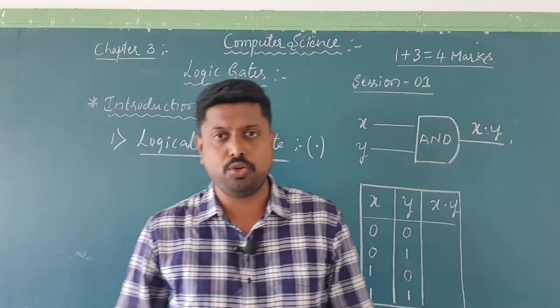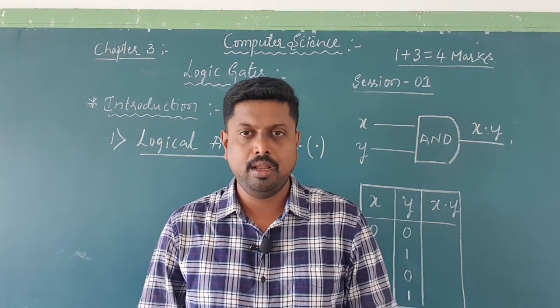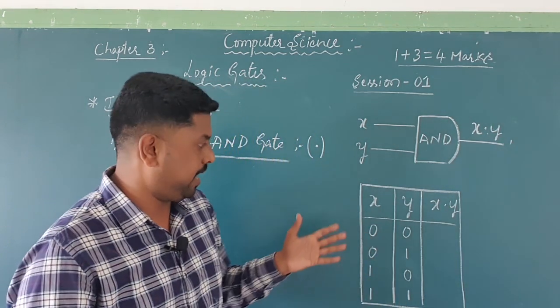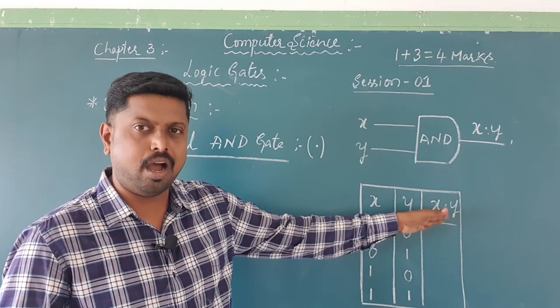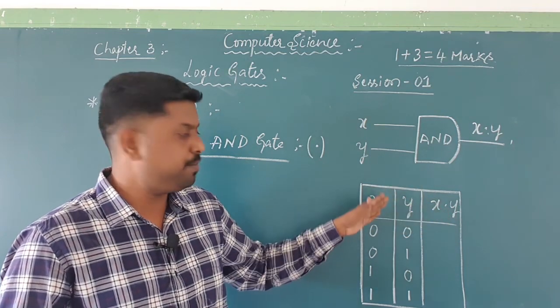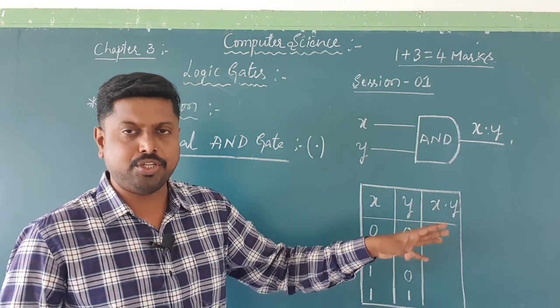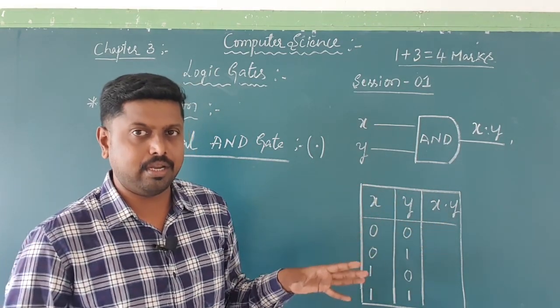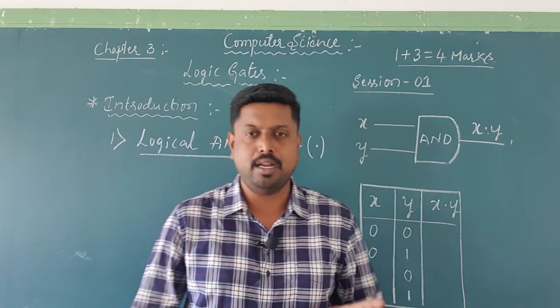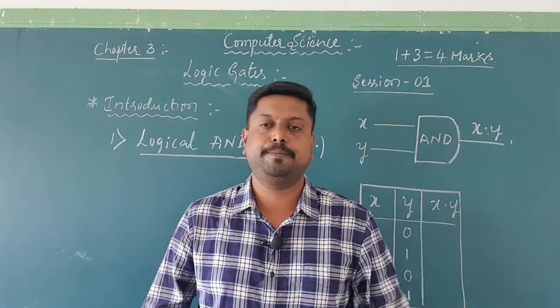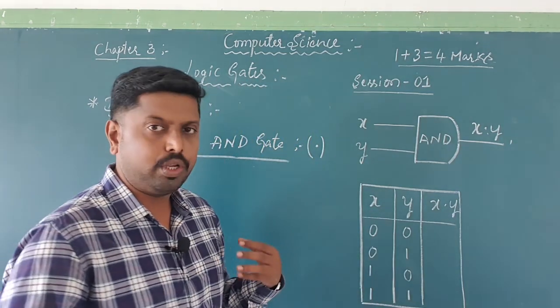They may ask this question also. Define truth table. See, which table contains both inputs and outputs, both inputs as well as outputs, with the binary representation or a true false condition? That is what we call a truth table, which contains both inputs as well as outputs. So now you know the concept.